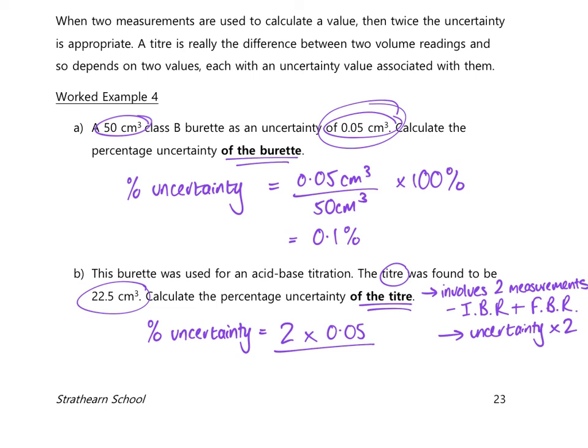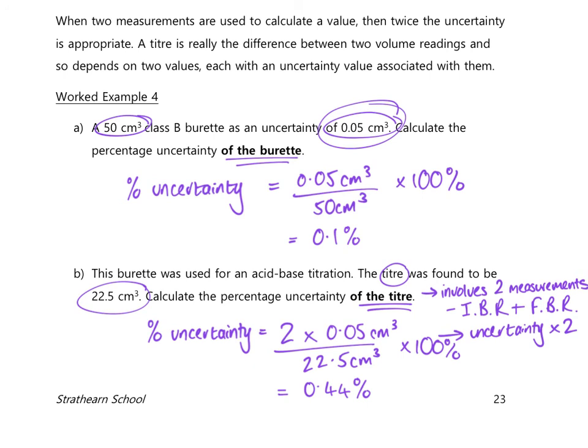If you look back at worked example 1, 2 and 3, it says about the actual measurement that has been taken. So this is going to be divided by 22.5 centimetres cubed. That 0.05 is also in centimetres cubed, times 100%. And that works out as 0.44%. So you can expect that percentage uncertainty to be higher than part A because, first of all, you're doubling the uncertainty by taking 2 readings,